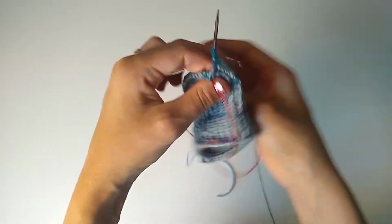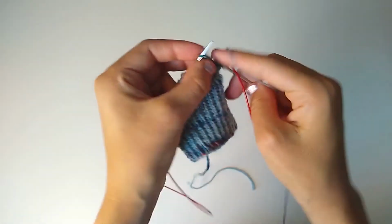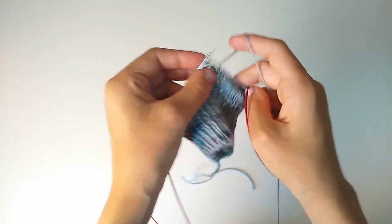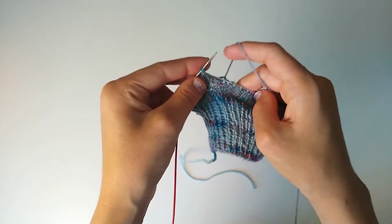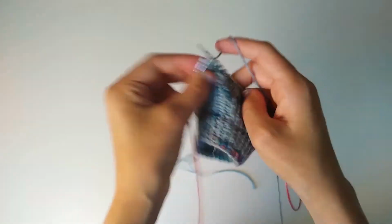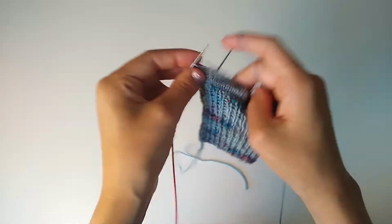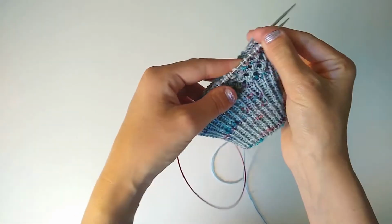Okay, now I'm to the end of that needle, and then I'm just going to knit across my second needle in the back of my sock. And then we will be complete with this lace pattern repeat. Knitting all of these stitches. Again, really, really like the little break that's built into this sock with the stockinette back. I think it's really, really nice. Alrighty, down to my last few stitches. And there we go. So there is one repeat,